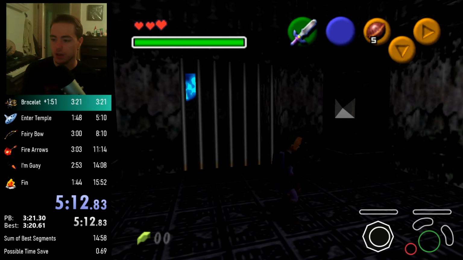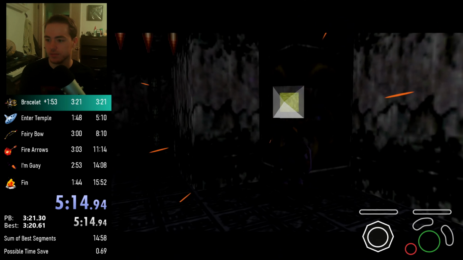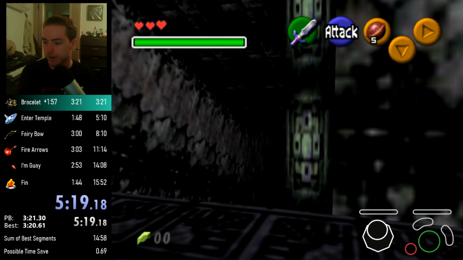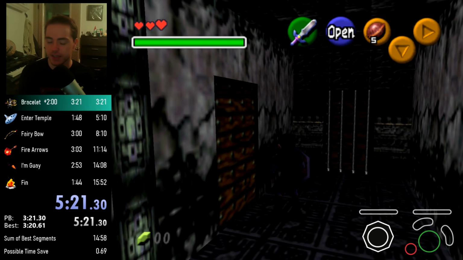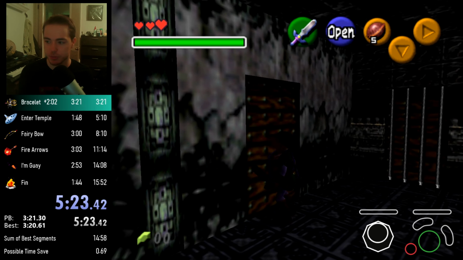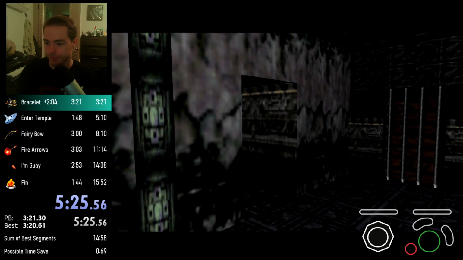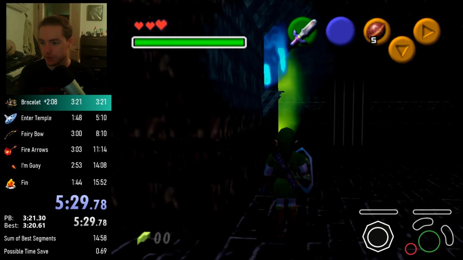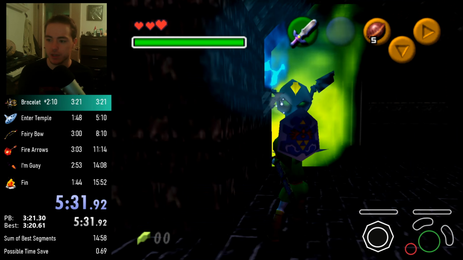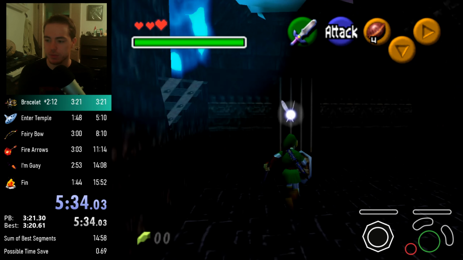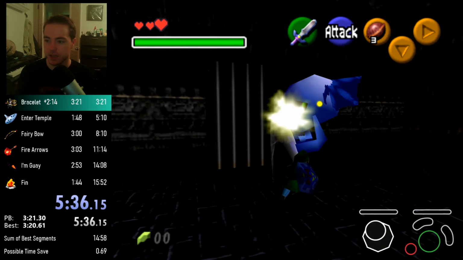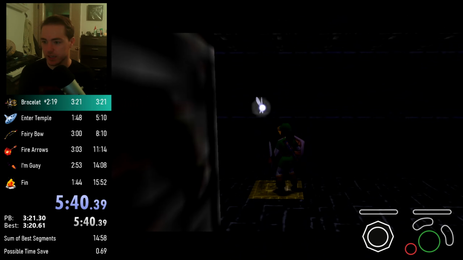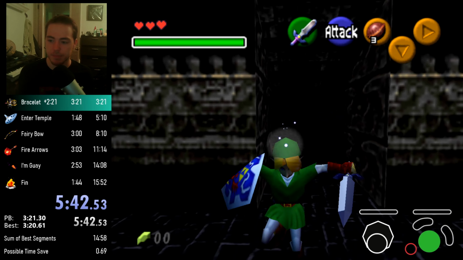So you enter this little well thing. This is just a connection to the bottom of the well in this map. Come down here. I like to do side hops here. Anytime you're going downhill, I think side hops are preferable. But yeah. So you're going to come in here, and this is where pretty much the Deku Nuts are useful for. You're going to want to wait for the bubble to come around the corner. Deku Nut. I pause buffered it just to show you. Wait for him to be here. Deku Nut. So it's kind of tight with that timing. It seems easier than it is. It's not actually that easy, because